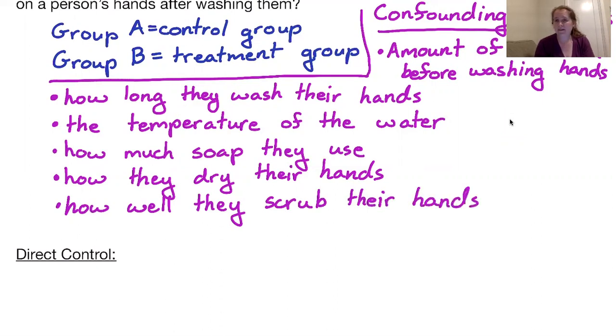So these are all factors that might influence how much bacteria is left after a person